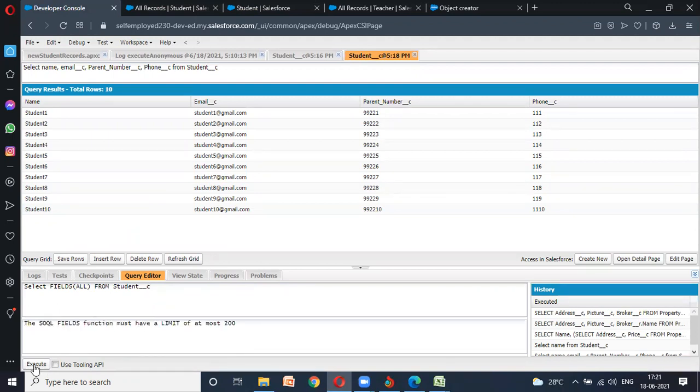Some error: SOQL fields function must have limit of 200. Okay. Did I make a mistake?